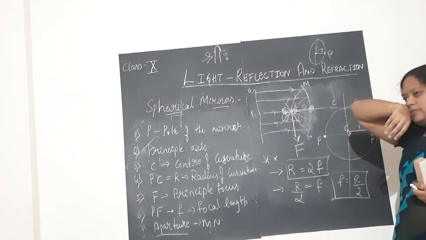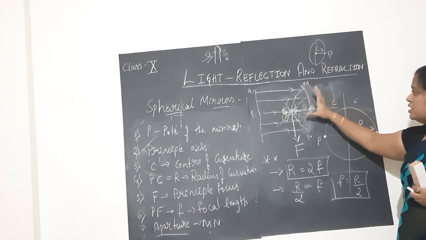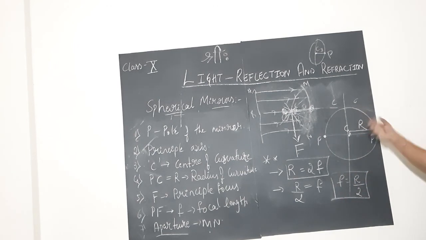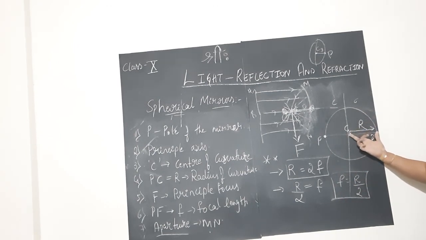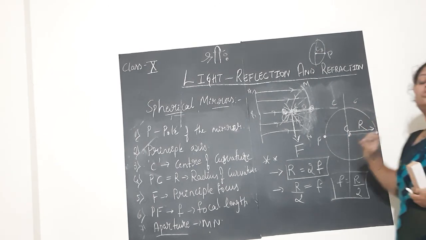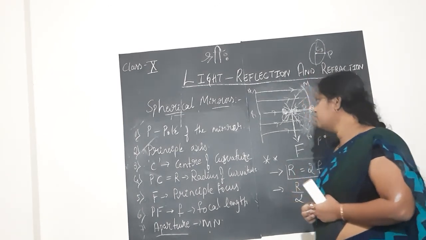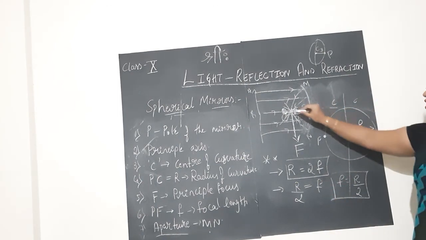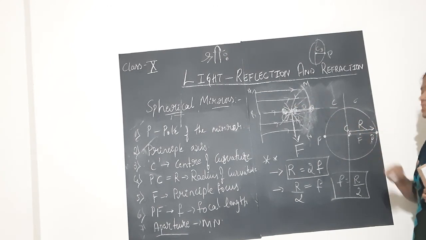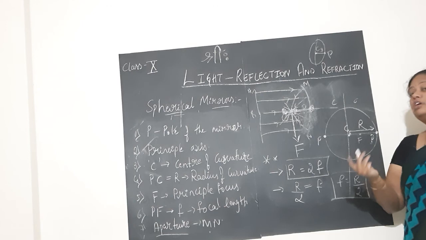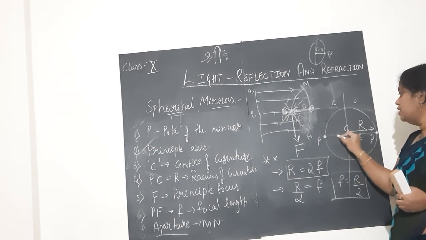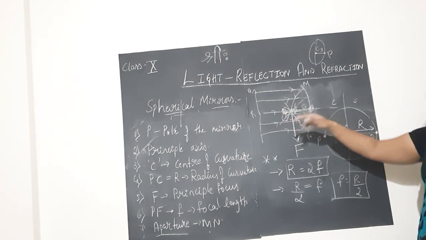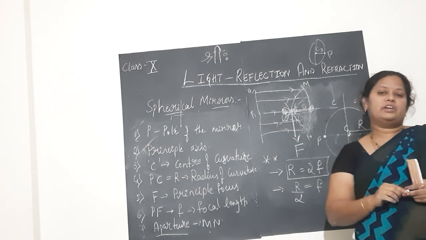The mirrors we have chosen here are mirrors whose aperture is smaller than the radius of curvature of the mirror. So, this distance PC is more compared to the aperture of the mirror we are considering here. That is one thing. And always the principal focus will be in between the pole and center of curvature. As I said, when you learn the ray diagrams, children, you should not write the principal focus at C. It is wrong. Principal focus is always somewhere in between pole and the center of curvature.